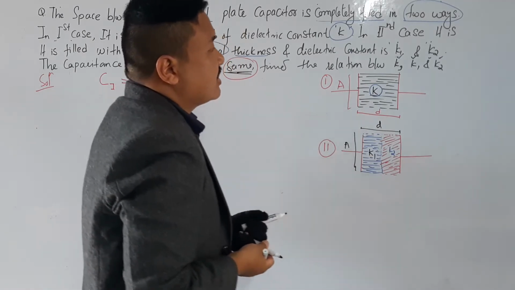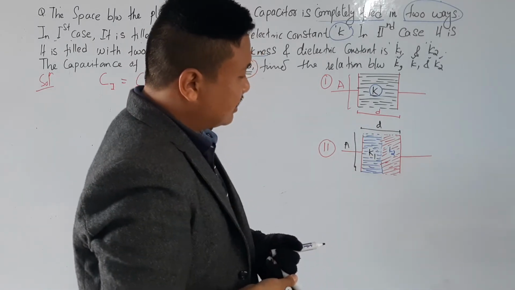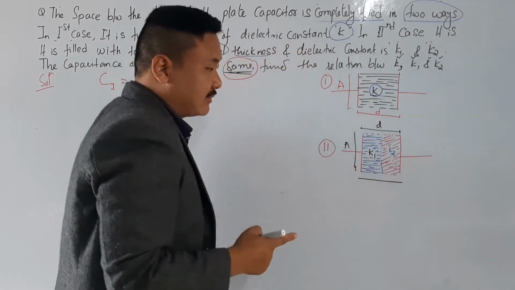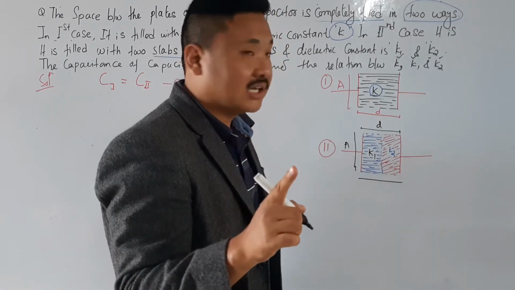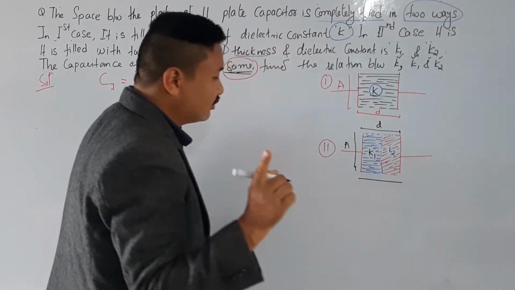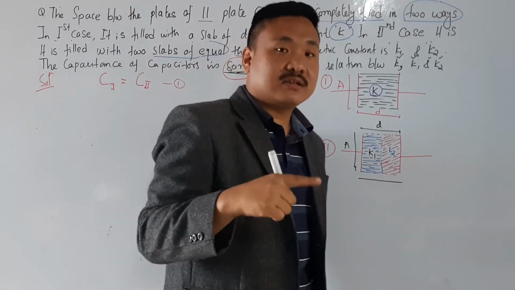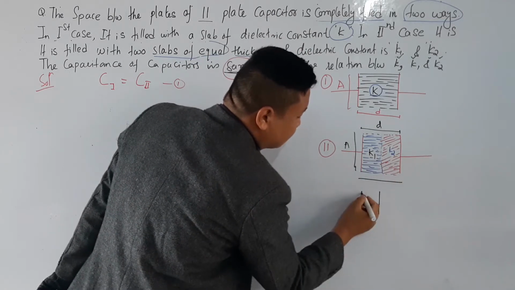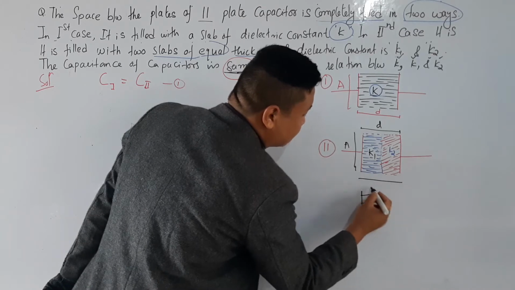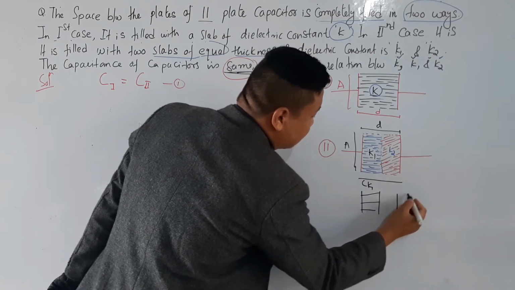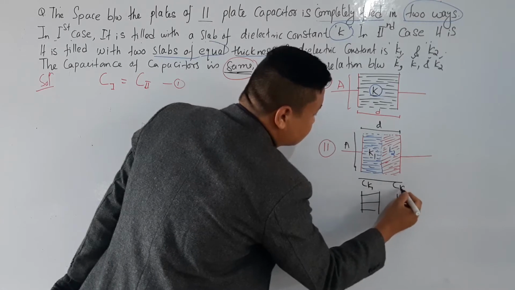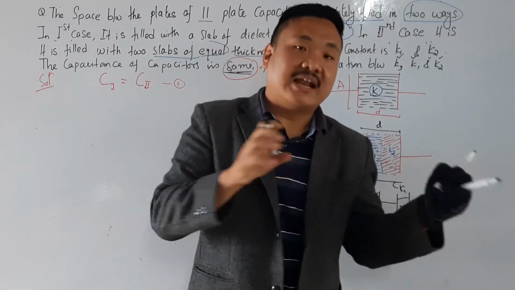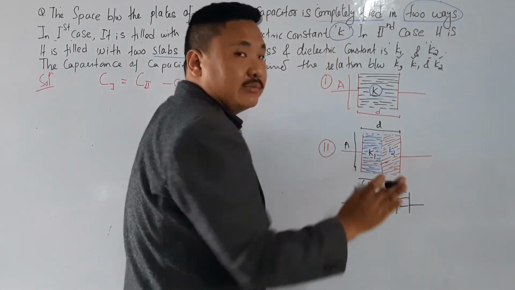Before going to the solution, I would like to give you a recap. This is the multiple capacitor case, which we have already done in lecture 26 or 27 or somewhere. I will put the link in the description, you can watch that one. Whenever I want to solve this, I have to put it like this: this becomes CK1, and this becomes CK2, connected in series. We have already done this.